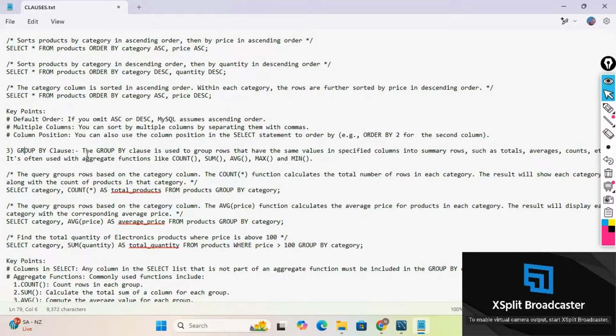Group by clause helps us to group the records that have the same values in specified columns. Whatever columns you specify with respect to this group by clause, based on those values, they will be grouped. And with respect to this group by clause, every time we use